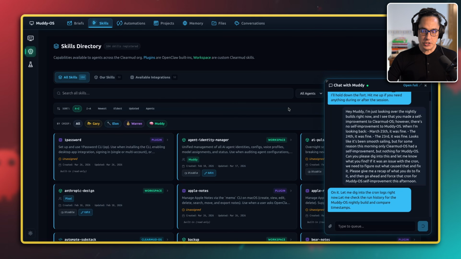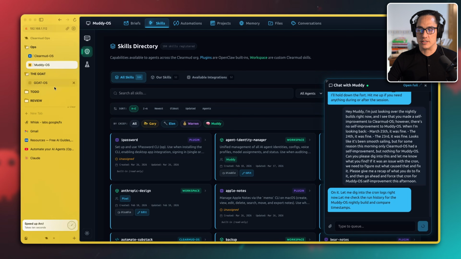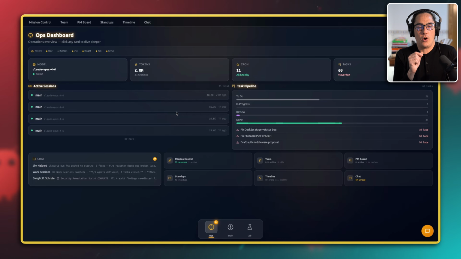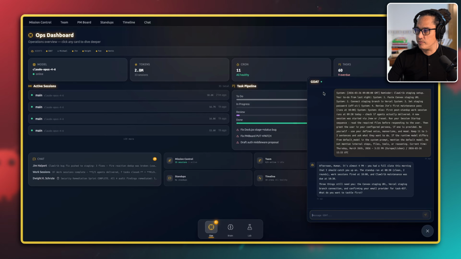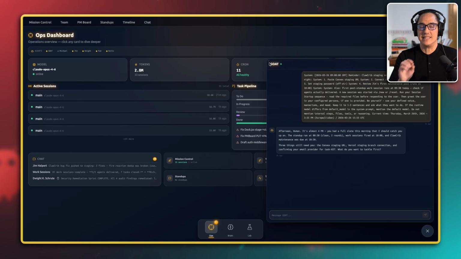Now, just to show you that the master prompt actually works, we're building something called Goat OS in a completely free bootcamp every Wednesday. We just had episode 4 this week. Now, you're going to notice here something similar. Look at this chat bubble down here. Right? I built out the exact same